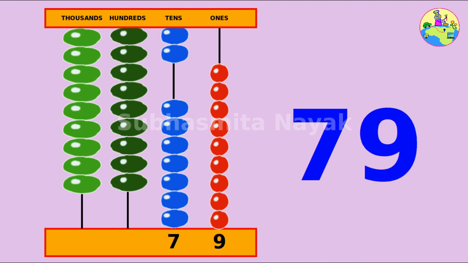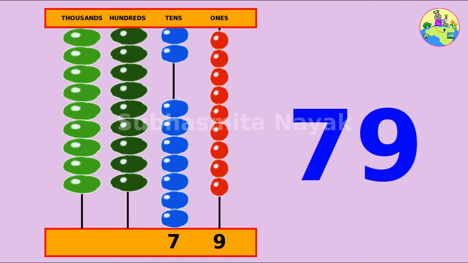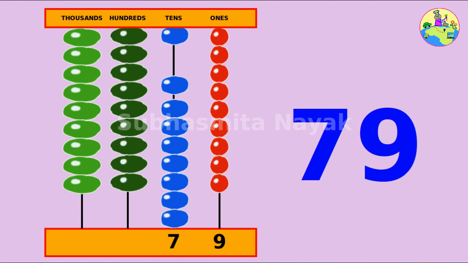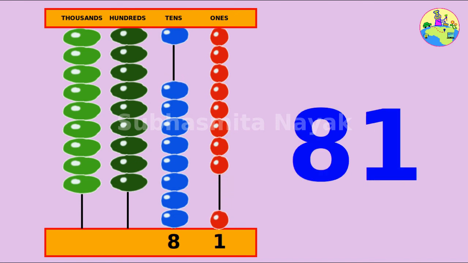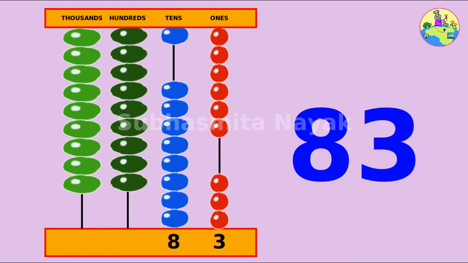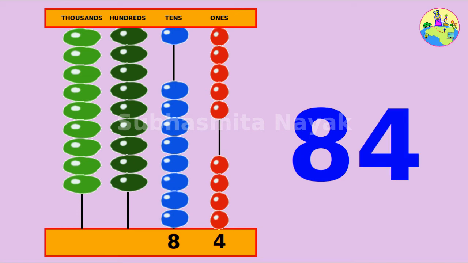Now instead of 10 small beads, we will take one more big bead in tens place. So it is 80, 81, 82, 83, 84,